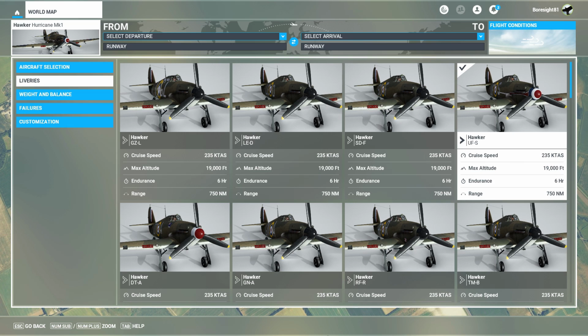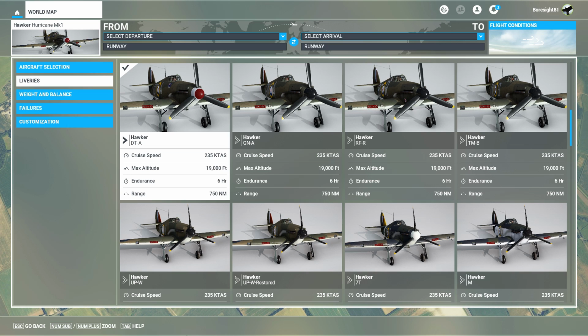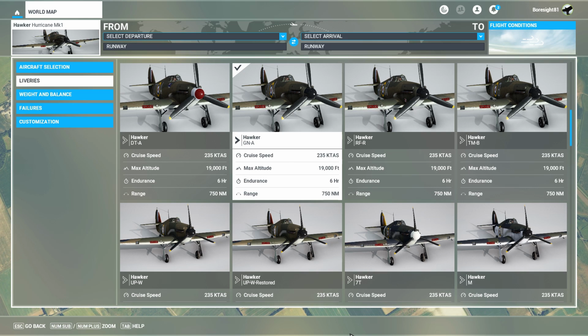by the RAF. Here we have Delta Tango Alpha, and this was flown by Squadron Leader Bob Stanford Tuck, commanding 257 Squadron RAF Coleshill, 1940. This is Golf November Alpha, and this was flown by Flight Lieutenant James Brindley Nicholson, 249 Squadron RAF Leconfield, Yorkshire,